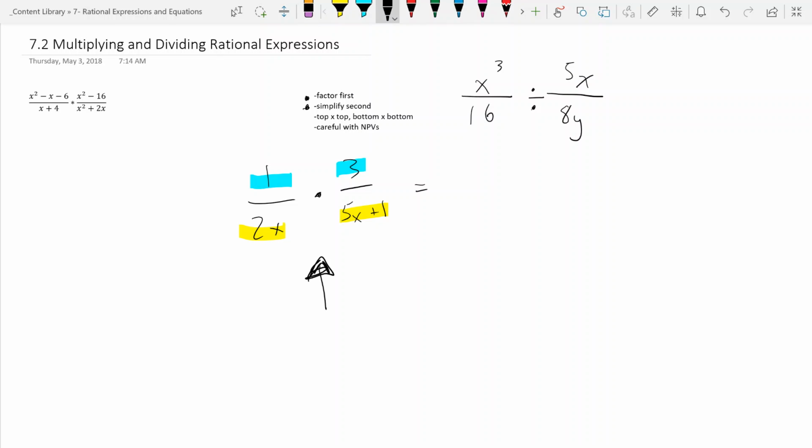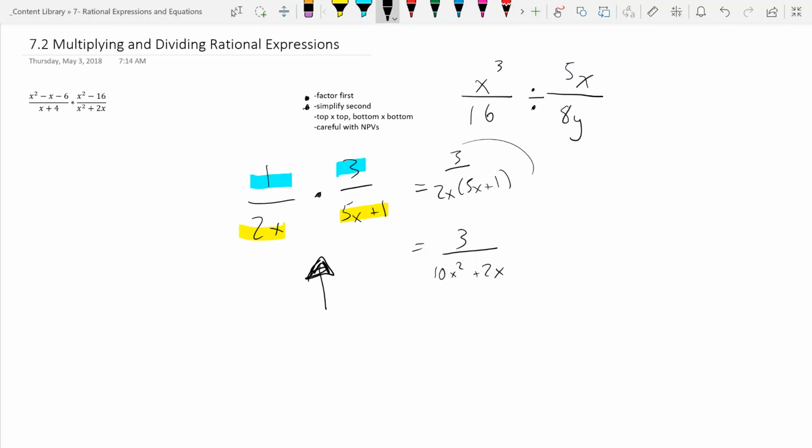So really basic here, I do numerators multiplied, gives me 3. And then I'm going to do denominators, which will look like this. You would have to expand this out. I'm going to do that right now. So I'm going to get 3 still as the numerator, and I'm going to get 10x squared plus 2x, and that's fine. If you wanted to leave it like this, that would actually be okay too,